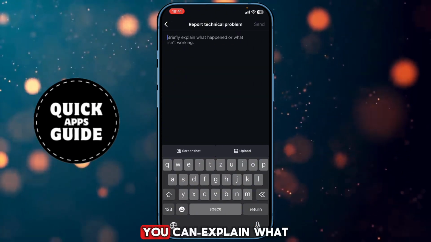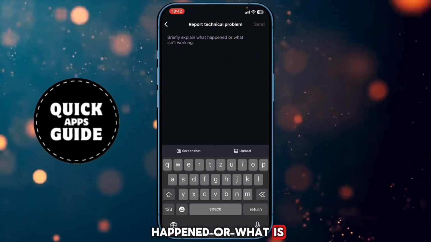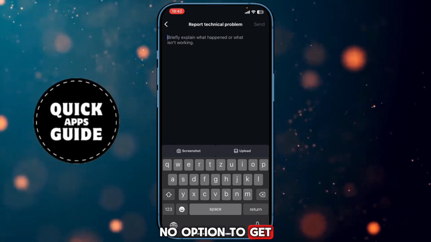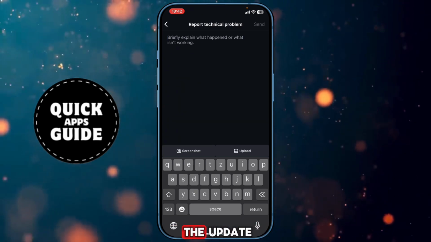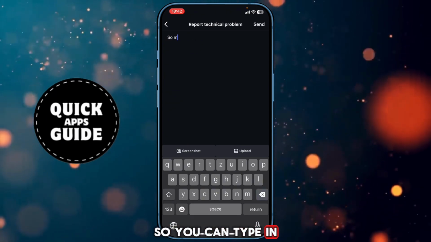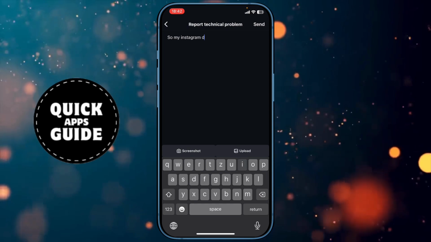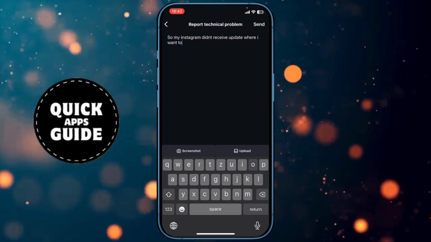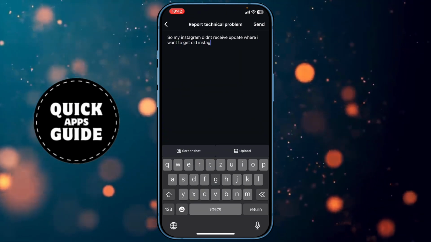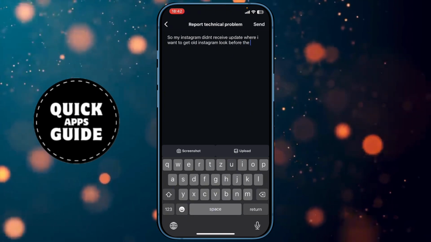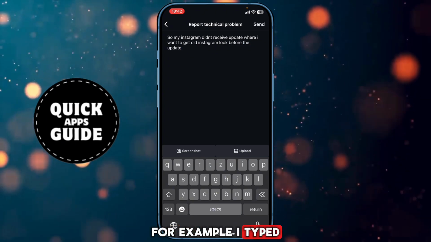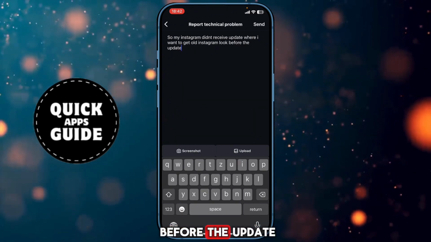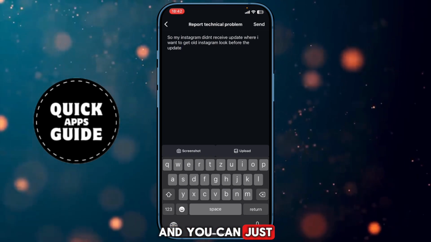And here you can explain what happened or what is not working. So you want to explain your problem, and that it's no option to get the old Instagram look before the update. So you can type in, for example, I typed, so my Instagram didn't receive the update where I want to get the old Instagram look before the update. And you can just press send and